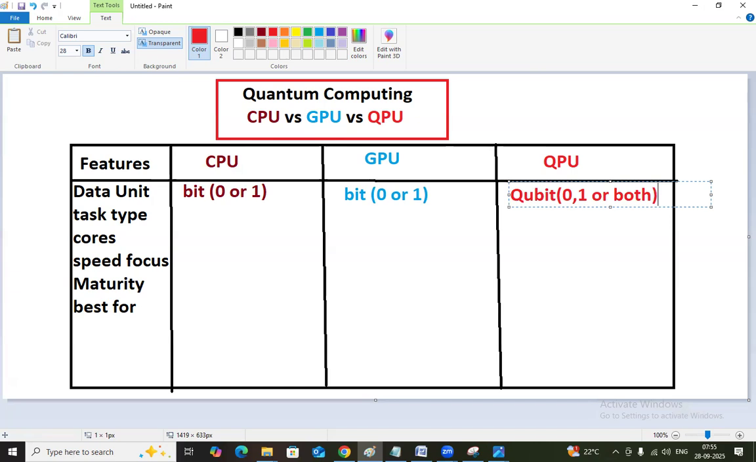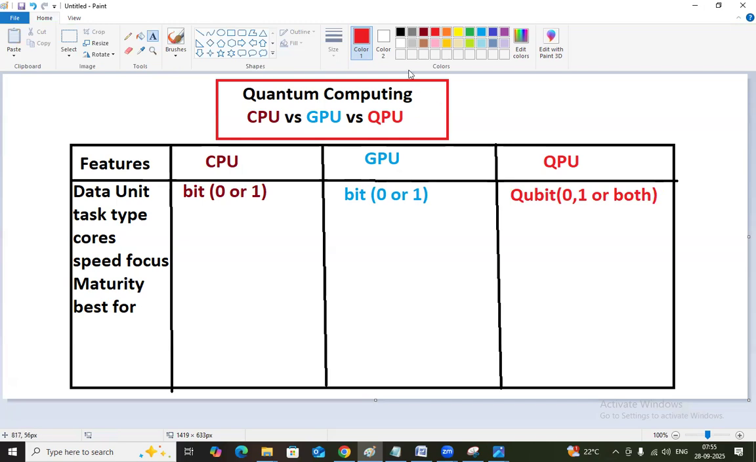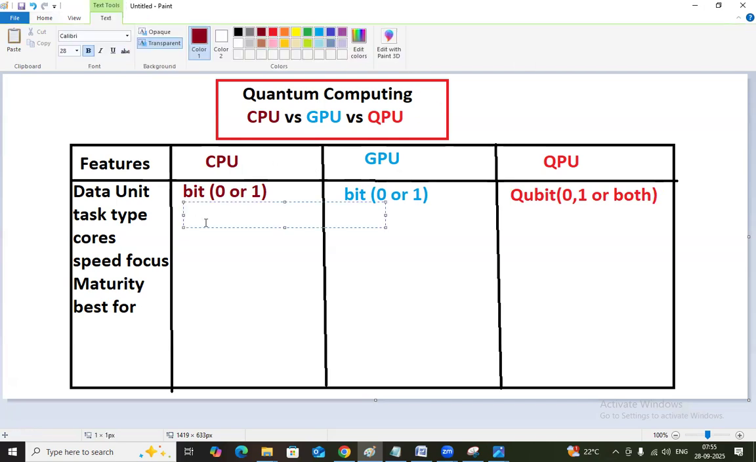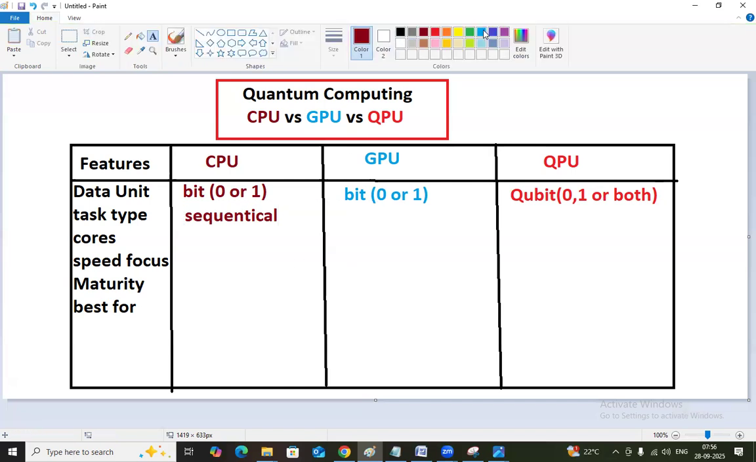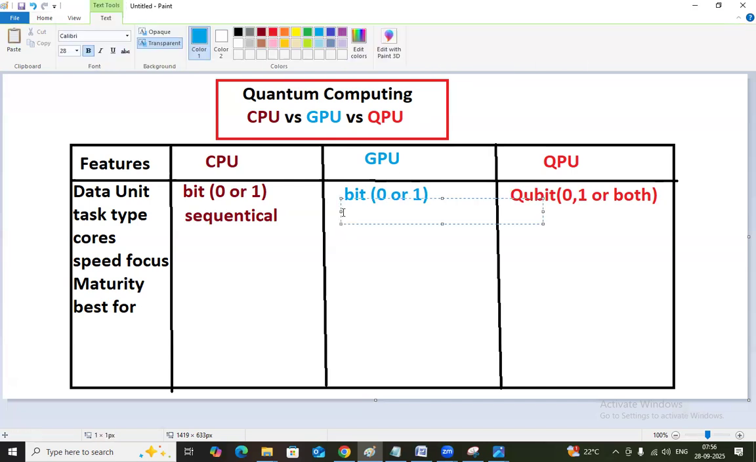The second point is how the task type is going to work in the CPU. CPU task type is basically a sequential process. Sequential process. Okay. And coming to the GPU, how does the GPU work? Its task type is emerging, a